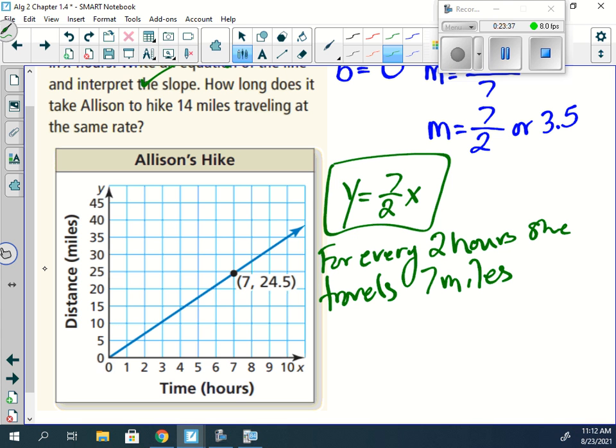How long does it take Allison to hike 14 miles traveling at the same rate? You can go and say it. 4 hours. How long did it take her to travel? How far did she go in 2 hours? 7 to 14 is just adding it again, yes? So this here would be